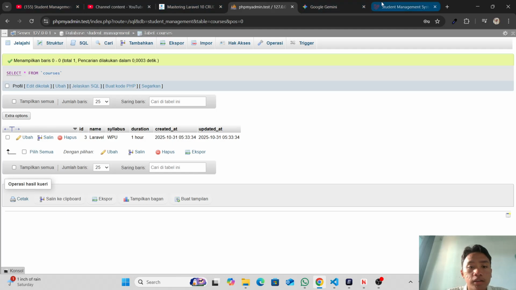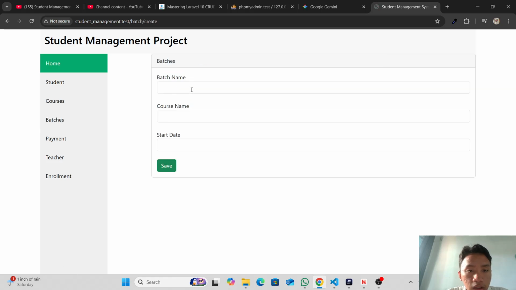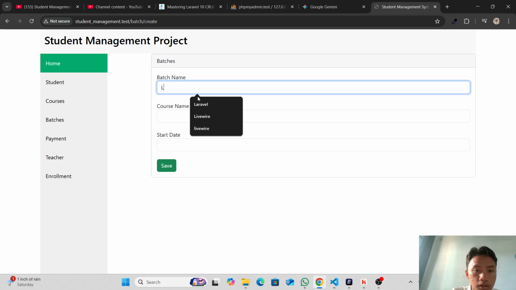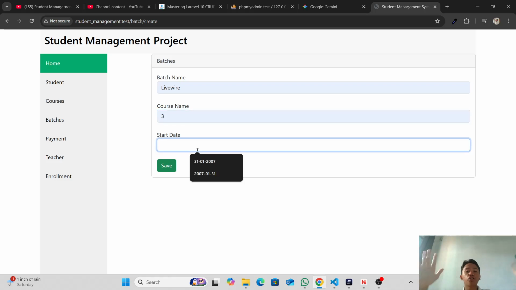Okay, let me try it. The name is Lafayette, the course is 3. The format of the start date should be year first, then the month and the date last.